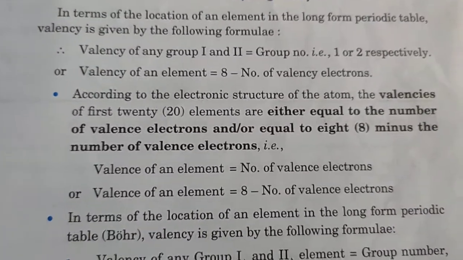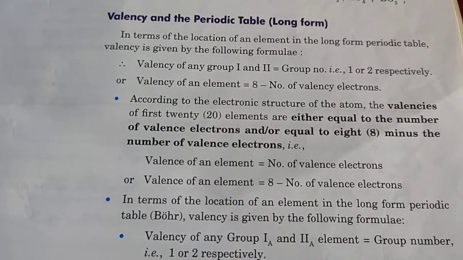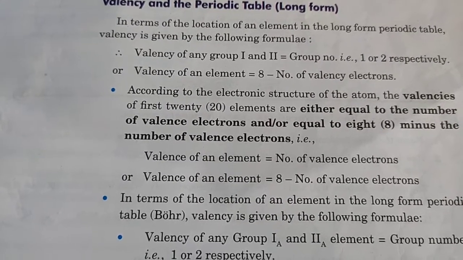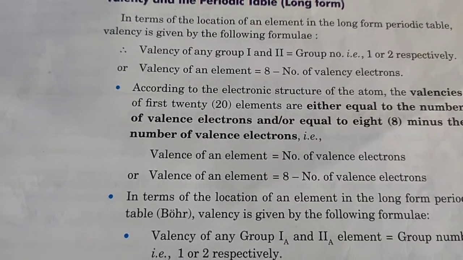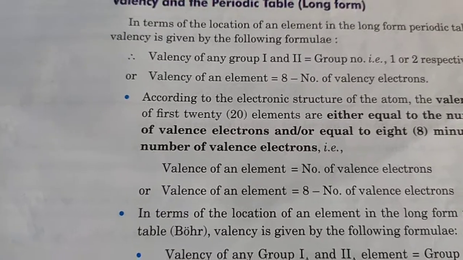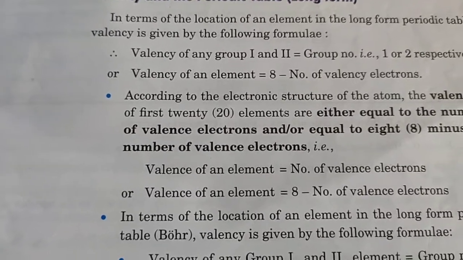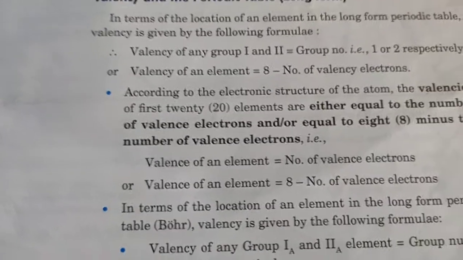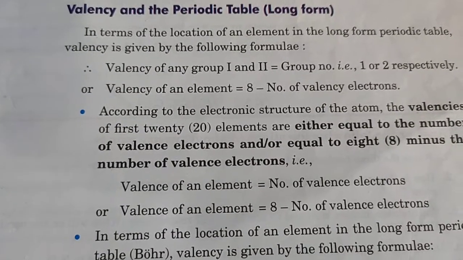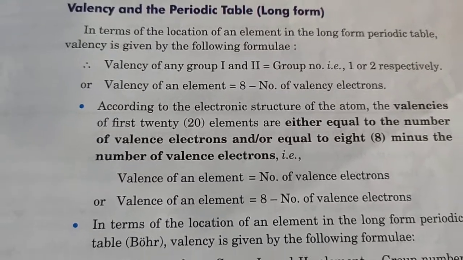Till now I think you have learnt about valency and how to calculate it. In the previous classes we learned how to calculate or identify the valency of a molecule, like N2O5, where nitrogen has +5 valency. So if anyone asks what the valency of group 1 and group 2 is, how will you answer? You will answer like this.